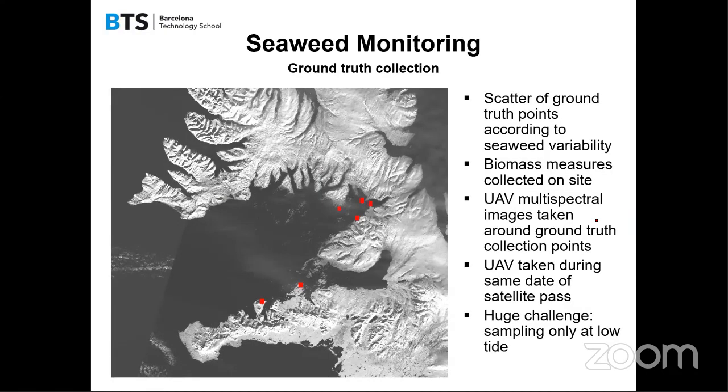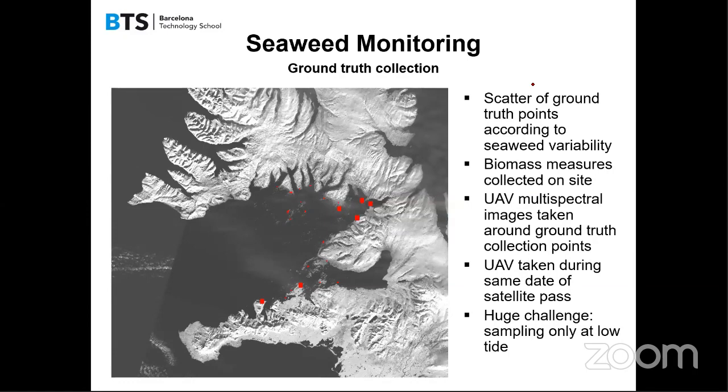These were actually the sampling points that we had. So we had a total of no more than 6. Even there was another drone flight that didn't go very well. So no more than 6 actual datasets from the ground. We had a lot more point samplings scattered around from the Marine Research Institute, where they were telling us the biomass content at different points of the shore. But the problem of this was basically that